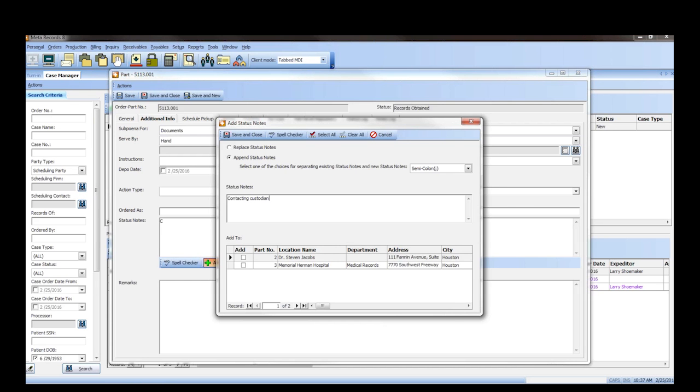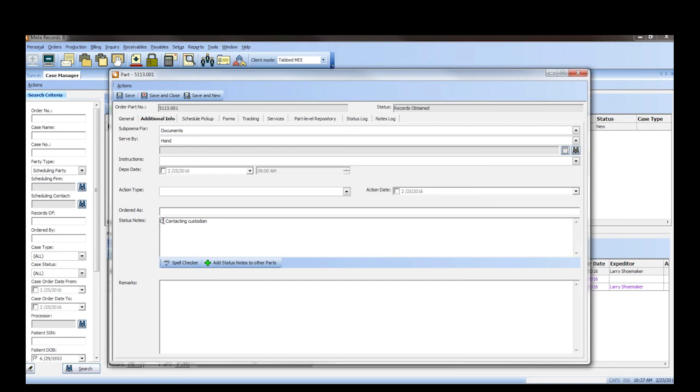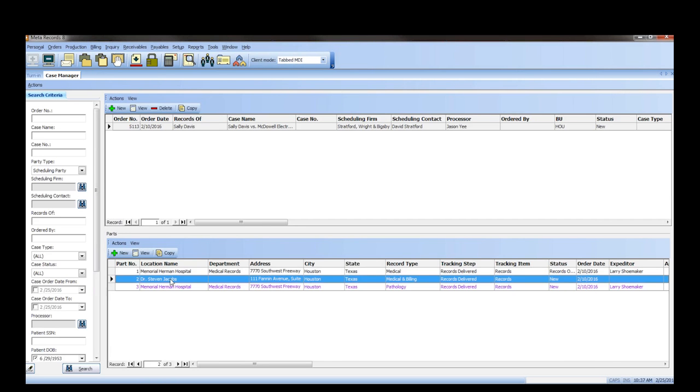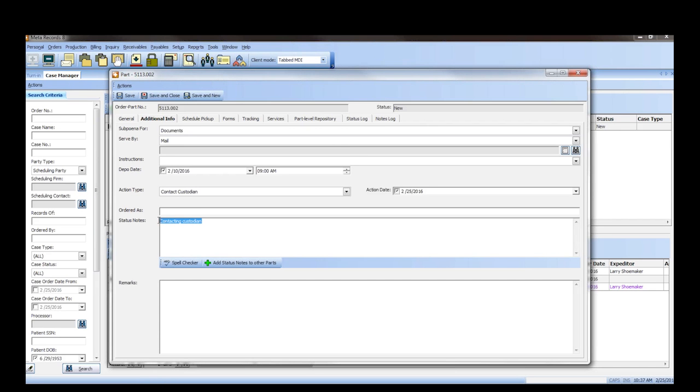So if we wanted to copy the same note into the Status Notes section of those other parts, we can click Select All at the top. And now we can click Save and Close. That will add the same note to the status note section for the other checked parts. So actually, if we get out of here and open up part 2, you can see that same note is already there.